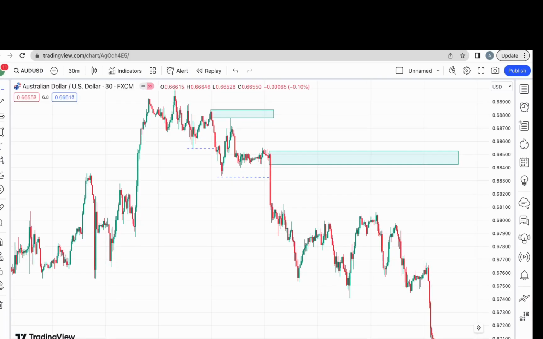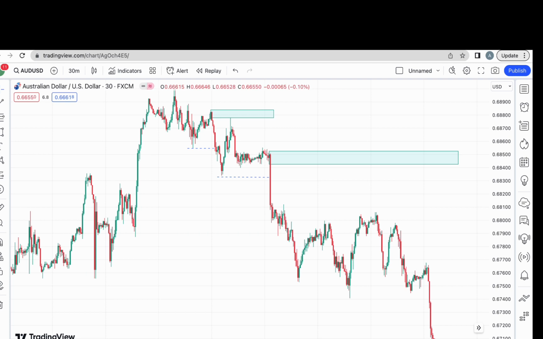Alright, so now that we've discovered how to find an order block, how do we get the right set of order blocks? So there are a series of four conditions it must pass through before we can say this is a right order block. Yes, there are a series of four conditions price must pass through before we can say this is the right